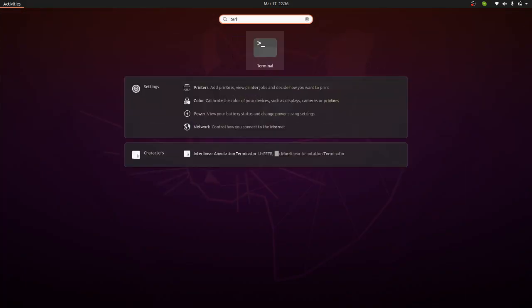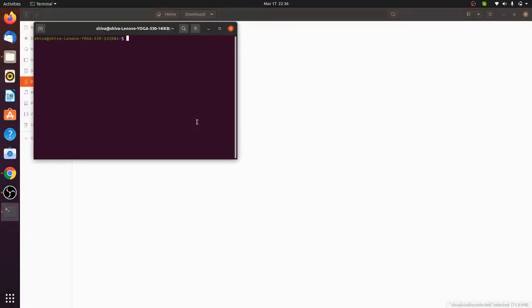and the file was in downloads folder, so you have to type cd space downloads, and then for listing the directories you have to type ls, and here you can see the file name. Just